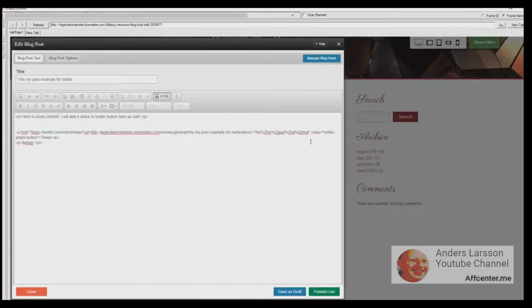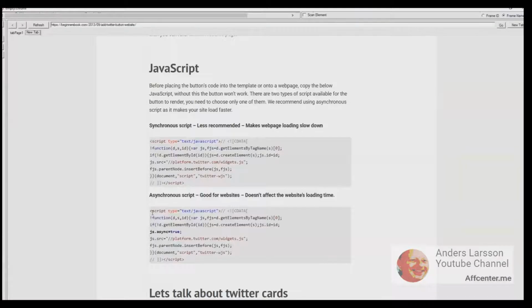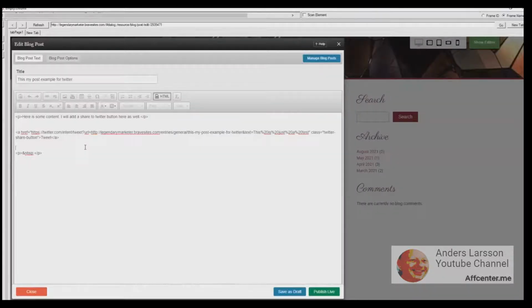So now we have a properly formatted link, but we are not finished. It will look like an ordinary link. We need to plug in the proper JavaScript in order for it to convert to a button. What I do next is copy an asynchronous script, basically just copy a bunch of JavaScript, and then I place it under the link. It makes sense to put it under the link code because of how the browser parses the page.